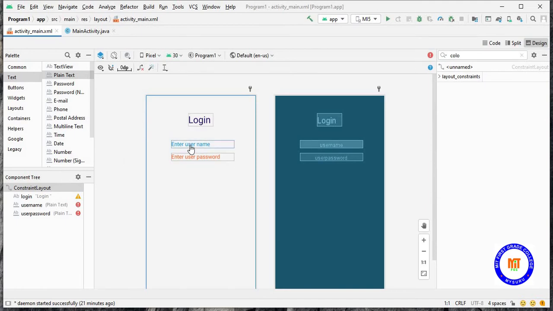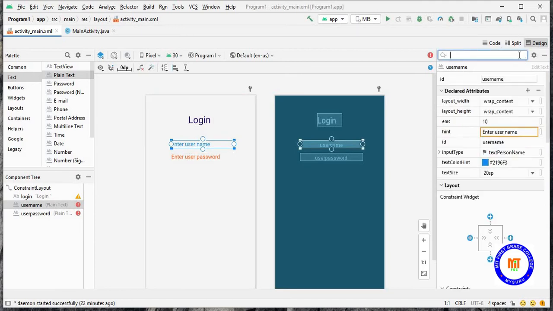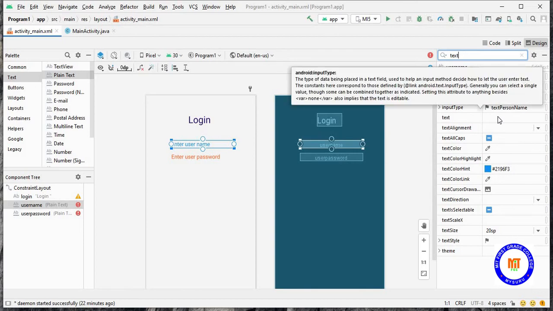And so here what you can observe, for each of these plain texts I have first changed the ID. So ID I changed it to username, and text I have removed. I have removed the text because I need to display the hint.